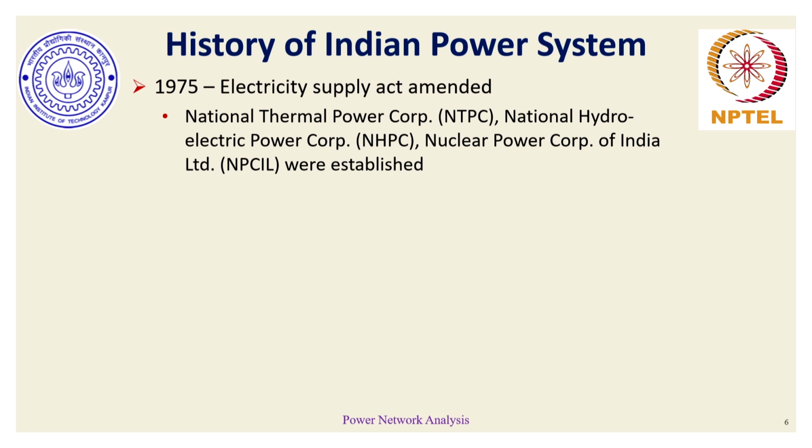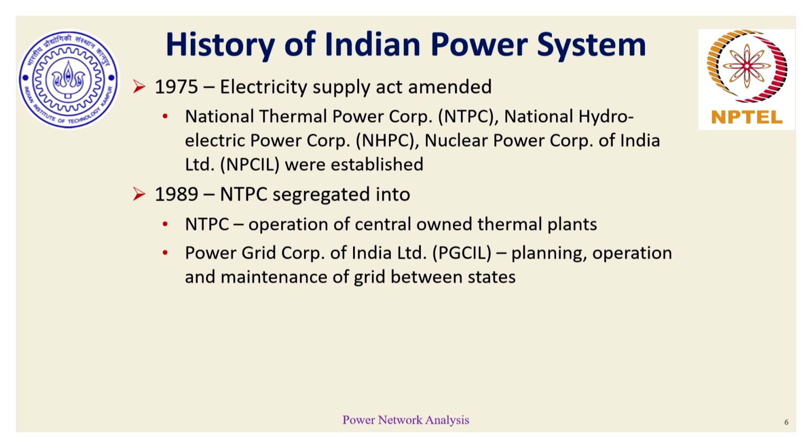In 1975, the first significant amendment which came up was the establishment of National Thermal Power Corporation, National Hydro Power Corporation, and Nuclear Power Corporation of India Limited. These corporations are now all Navratnas or Maharatnas. And in 1989,